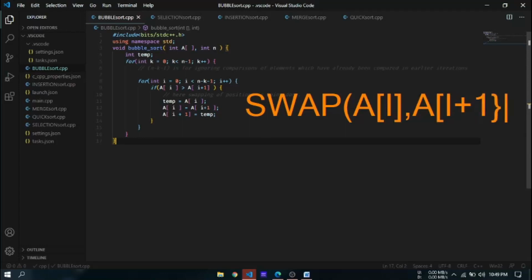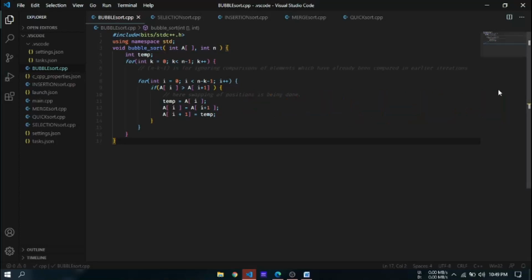This is similar to what they have done by taking a third variable, temp, and switching it. We can also use swap. I use this swap in the next, selection sort. You will see it later.